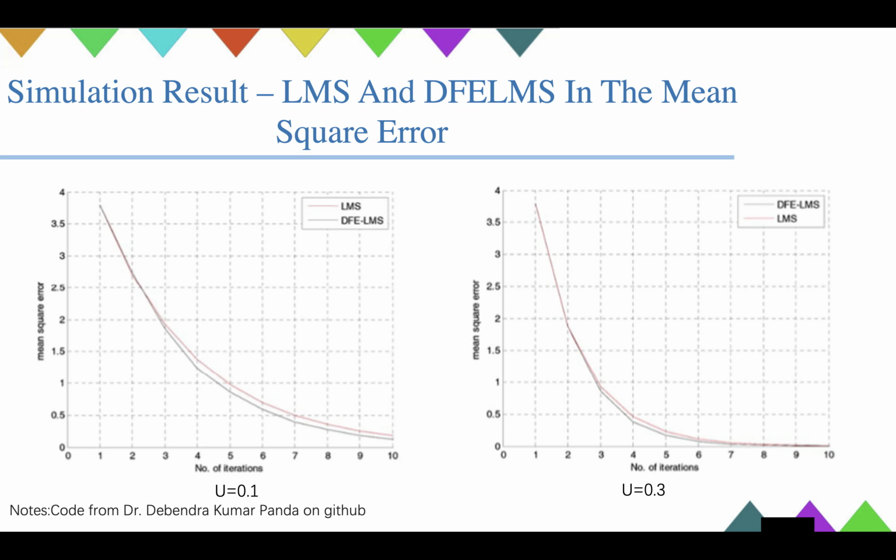From the picture, we see that as the number of iterations increases, the calculated result is close to the expected result. When the number of iterations is less than 3, the difference between the two is not large,